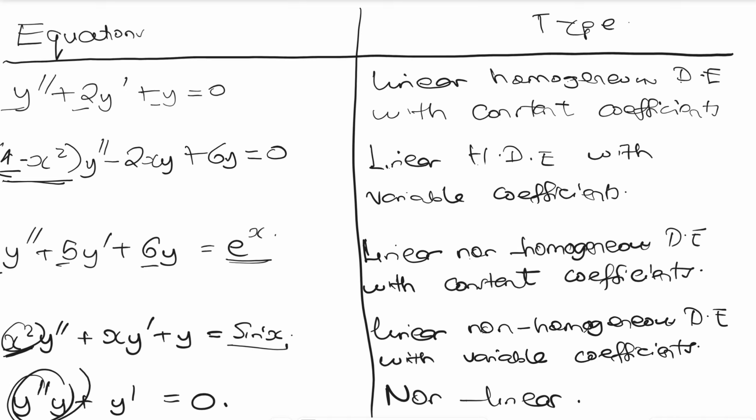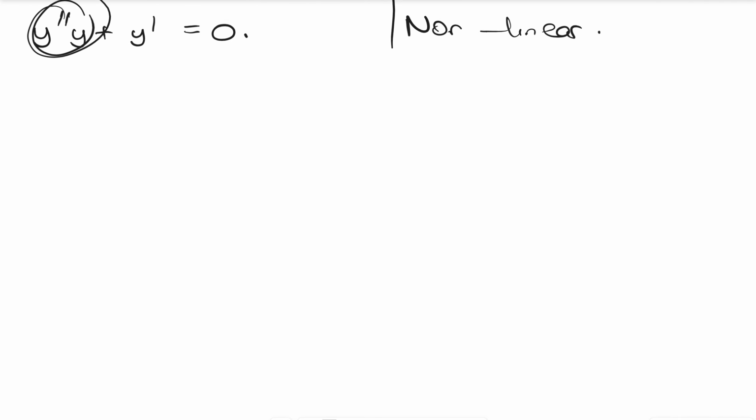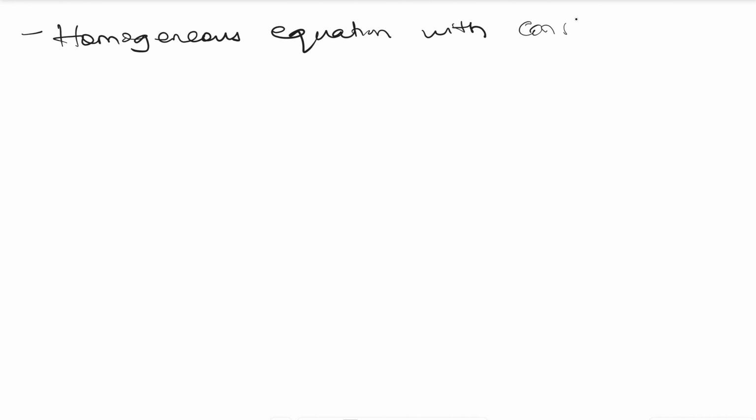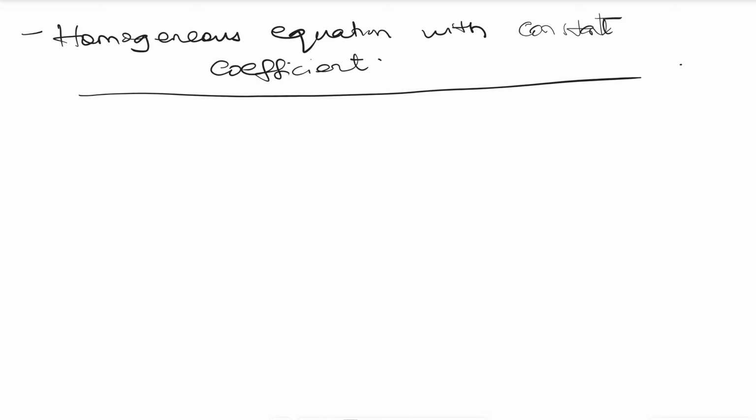Then we'll go to another unit, which is homogeneous equation with constant coefficient. We already seen them from the previous table. With constant coefficient. So consider an equation